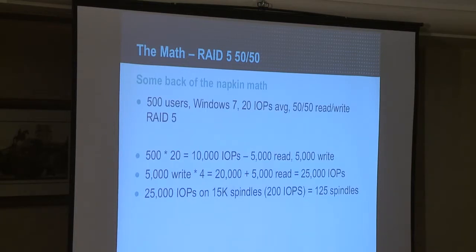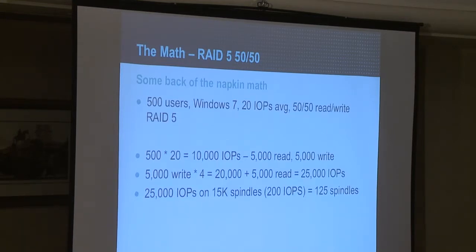So this organization of 500 VDIs that they want to spin up, maybe 1,000 total users, I tell them, if you're using 15,000 RPM spindles, you're going to need 125 of them. And typically the response is, well, that's 4x what I have for the whole rest of my environment. And that's what spawns this conversation most of the time. We're talking about really big numbers here. It's important that we understand the IOPS, because without it, we're just guessing, and you're going to be buying a really big SAN to handle these 500 hosted virtual desktops.